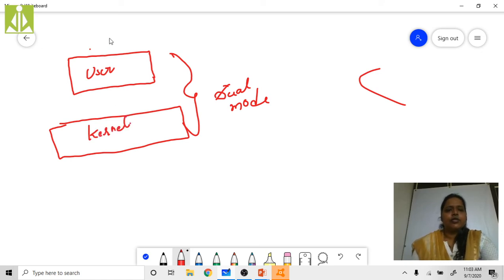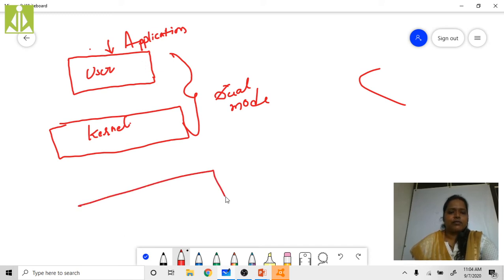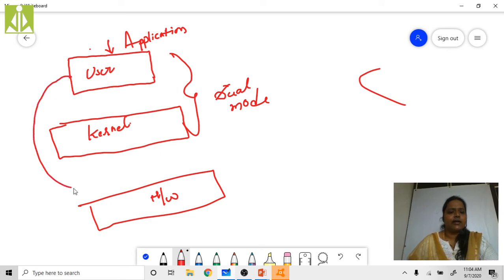Fine. User mode in the sense of application, user application programs. What are the application programs that are going to be done by the user? Those programs are going to be done in the user mode. Kernel mode in the sense, as I have said before, whenever we want a hardware device, the user can't directly communicate with the hardware devices.